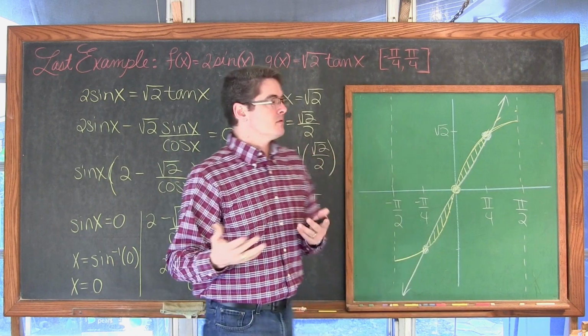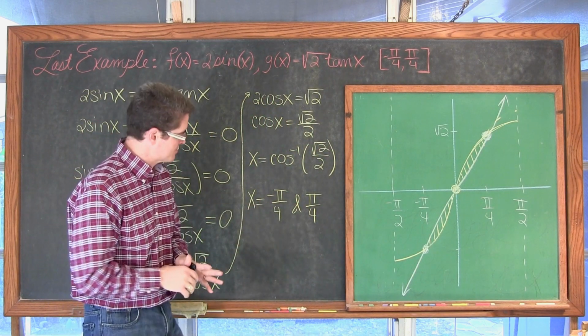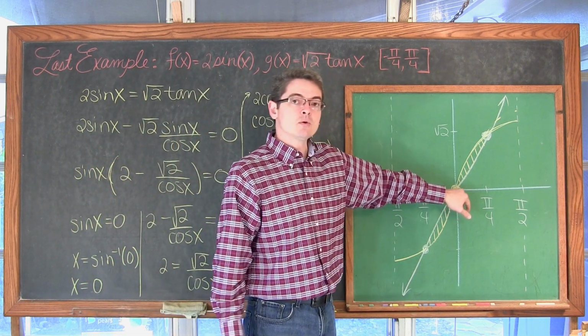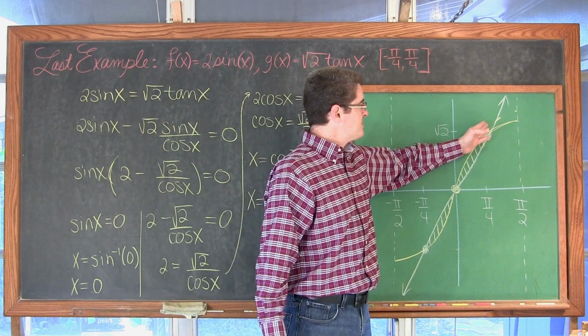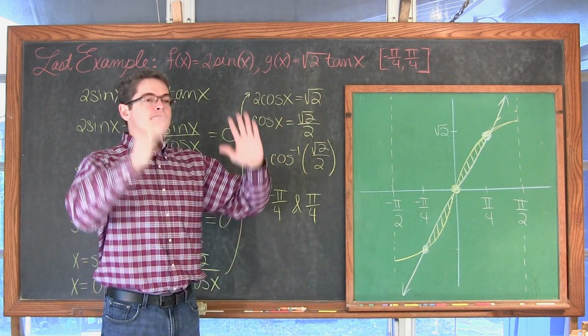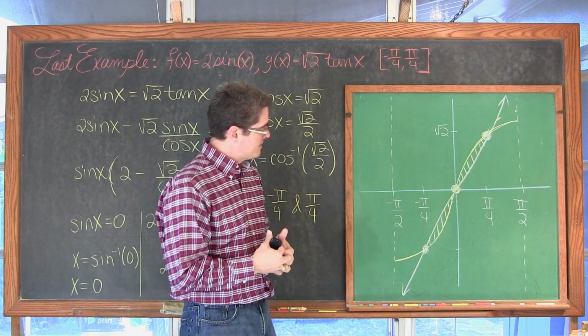So the author here, or I, wasn't trying to trick you. This is my problem, but it's inspired by a textbook problem, so I'm not trying to trick you too much. We have an intersection point here at 0, 0, and the graphs intersect at the lower and upper limits of our closed interval. So, before we finish this up and get to the main meat of this problem where we find the area,